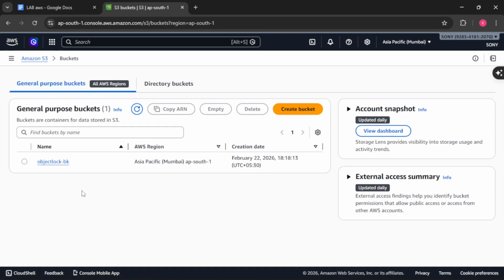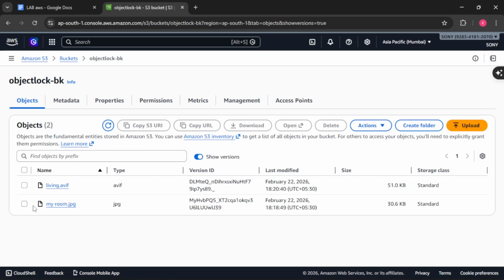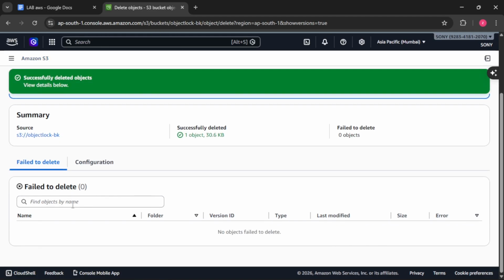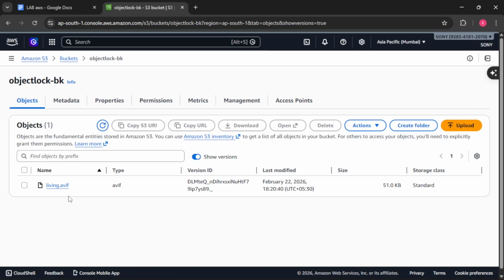We'll go to buckets and we'll upload an object. Add file. Then delete the object. So we could delete the object. Why? Because this was before the object lock was enabled. The previous one does not have the compliance lock. Now, after the compliance lock was enabled,